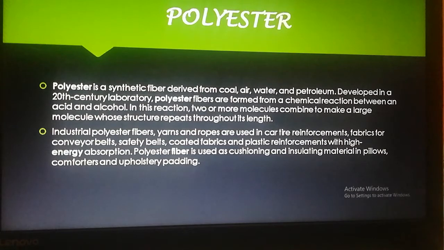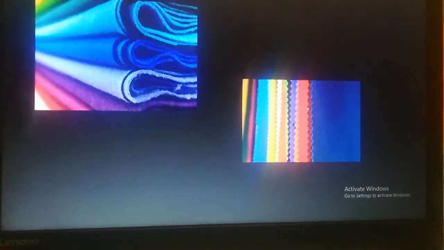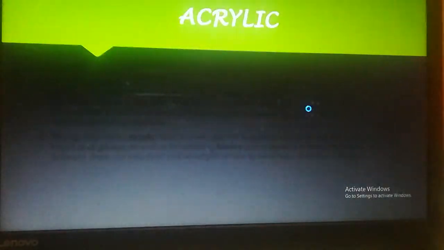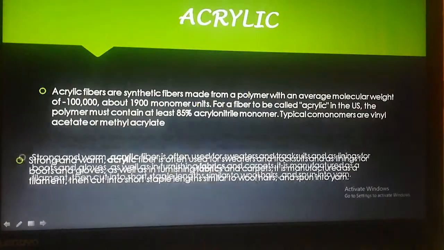Polyester, as the name indicates, is made up of many ester units which may be synthesized from the petroleum product. So polyester is used for making utensils, wires, film rolls, umbrellas and many other useful products. Our next topic is the look at the picture of the polyester, and the next one is the acrylic.